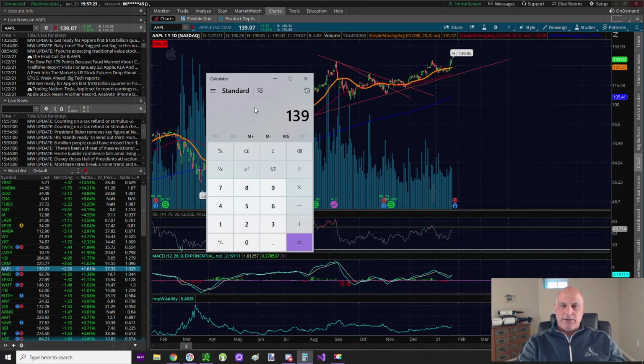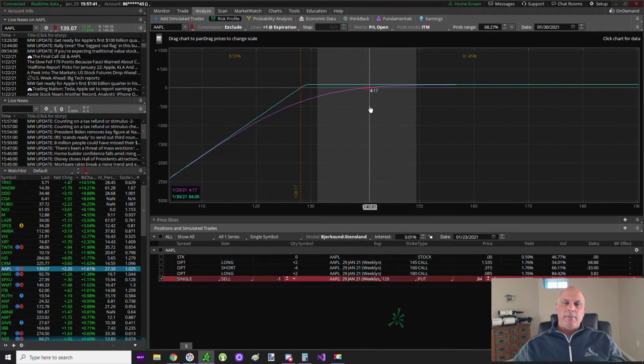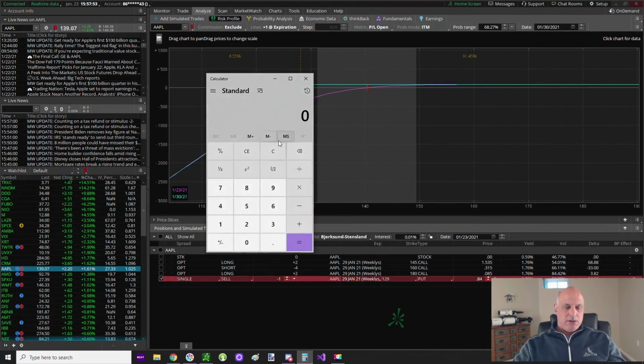So you would take the $139, let's say we just round it, and we would take 20%, the brokerage house would want to take 20% of that. Then you multiply that by 100 and you get 27.80 for the actual buying power reduction. But they're going to give you a credit. The credit they're going to give you is the fact that you're not selling the at the money 140, you're selling the 129. So they're going to give you a credit in this case. If we go 140 minus the 129, they're going to give you that $11 in credit